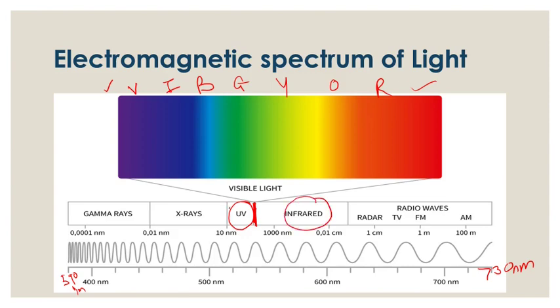Beyond ultraviolet radiation, towards its left, there are x-rays, and if you see what is happening to the wavelength, it is decreasing. As the wavelength is decreasing, the energy increases. So x-rays are stronger than ultraviolet rays, and gamma rays are stronger than x-rays. Therefore gamma rays and x-rays can penetrate through our body and are capable of causing cancers. Even ultraviolet rays are quite strong.